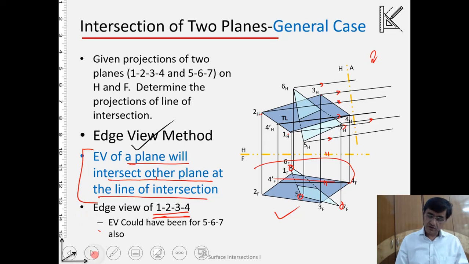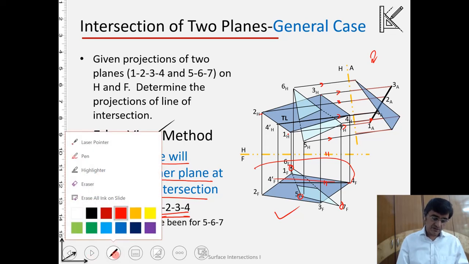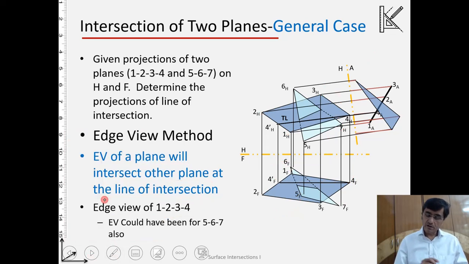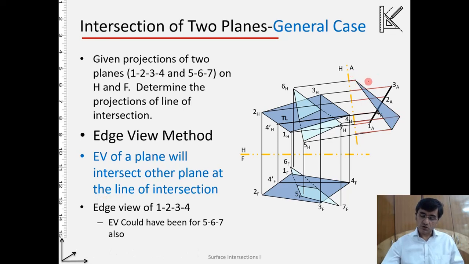If we do it, we apply these distances. That is how we have the S-view of 1 2 3 4. That's the S-view. And we have the other plane which is 5 6 7, also projected onto this auxiliary.